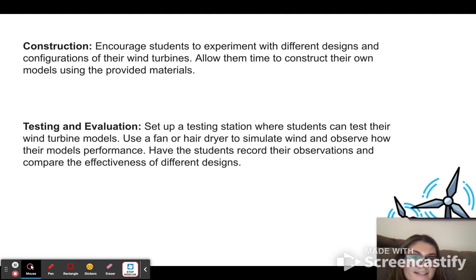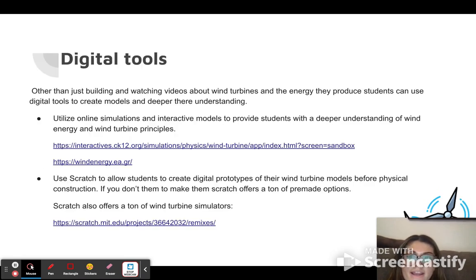So you set up a testing station where students can test their wind turbine using the fan or hair dryer to simulate wind and observe how the model performs, and then have students record their observations and compare the effectiveness with other groups. And then for digital tools for this, other than just building and watching videos,